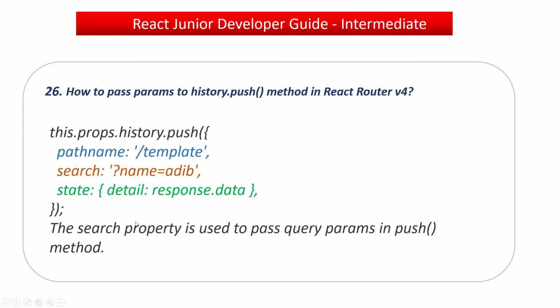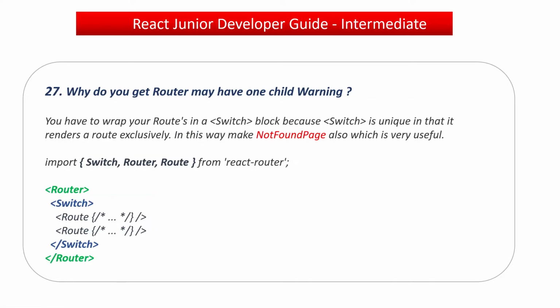Okay, and as you can see, we have a description here. The search property that you are using here is used to pass query params in the push method. In the push method, we can pass those three: path, search, and state. So this is the part where I'm going to implement the whole container, so you can understand the React routing